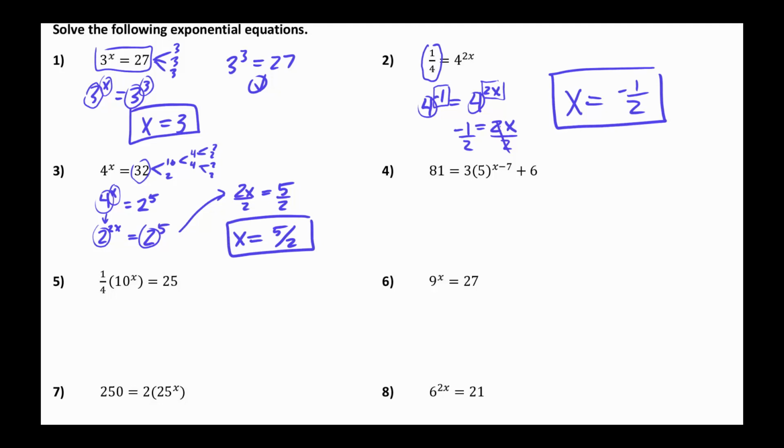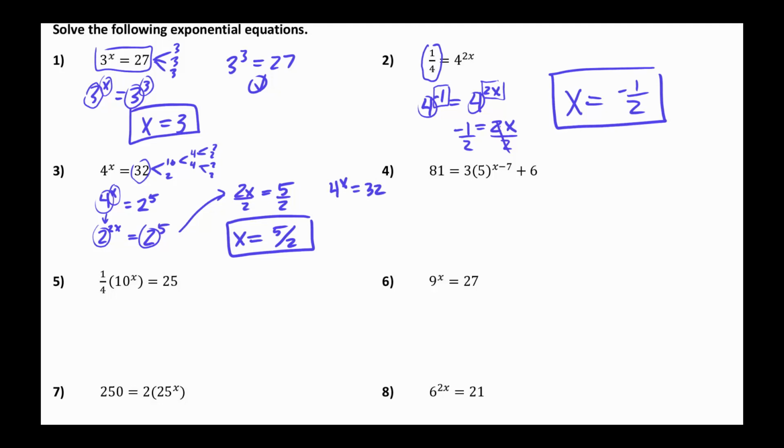Now there are other ways that you could do this. You could, in fact, use logarithms. And that's what we're going to see here. Logarithms really start to work in our favor. So you can stay in the same base format, but if I were to rewrite this, 4 to the x equals 32,